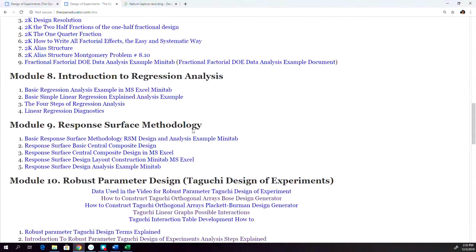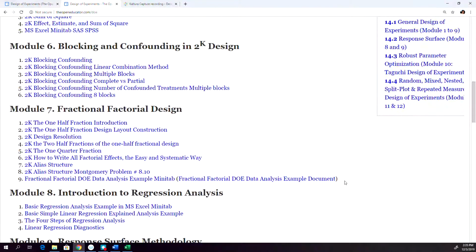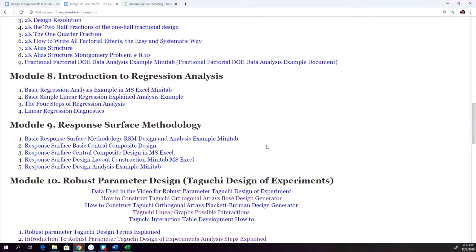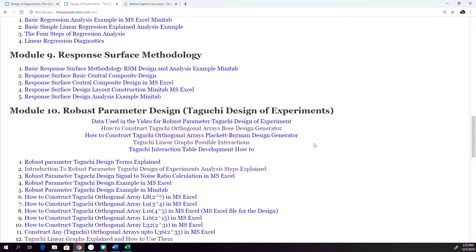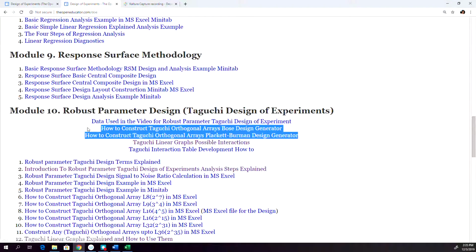the fractional factorial design, at least some level of blocking, confounding, how to do half fraction, quarter fraction, design resolution, alias structure. If you really want to apply Taguchi correctly, you need to understand fractional factorial, because Taguchi is not really something new. He used the same fractional factorial theory which was invented before the 1950s. Both of these papers were published in '46, '47, somewhere around that time, and he just used it a little bit more easier way,